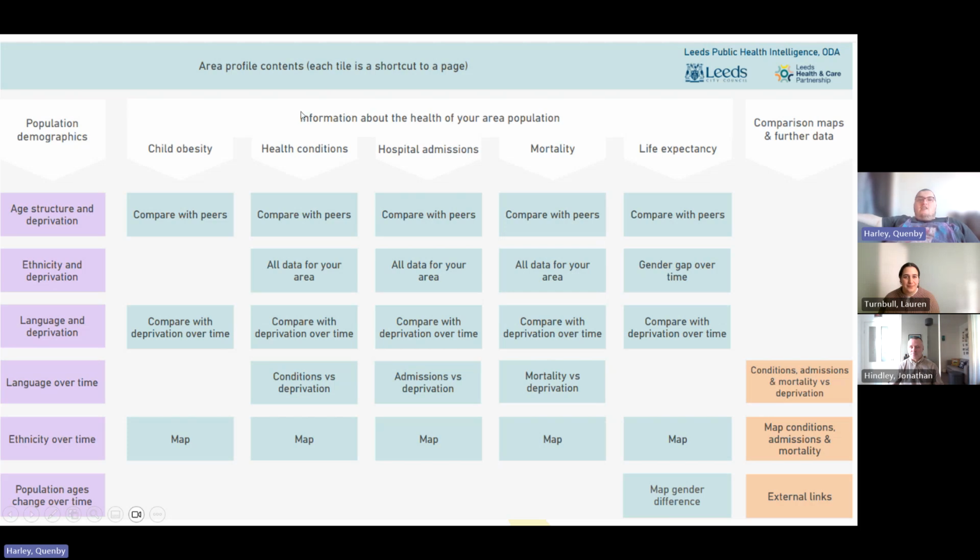So this is the front page of the area profile. As you can see, there's lots of different pages. Each of these is a link that you can follow to a different page where you can explore different kinds of data in different kinds of ways. I'll be doing a little bit of a demo in a moment, so I'll show you how some of that works. But this is just to give a bit of an idea of the breadth of data